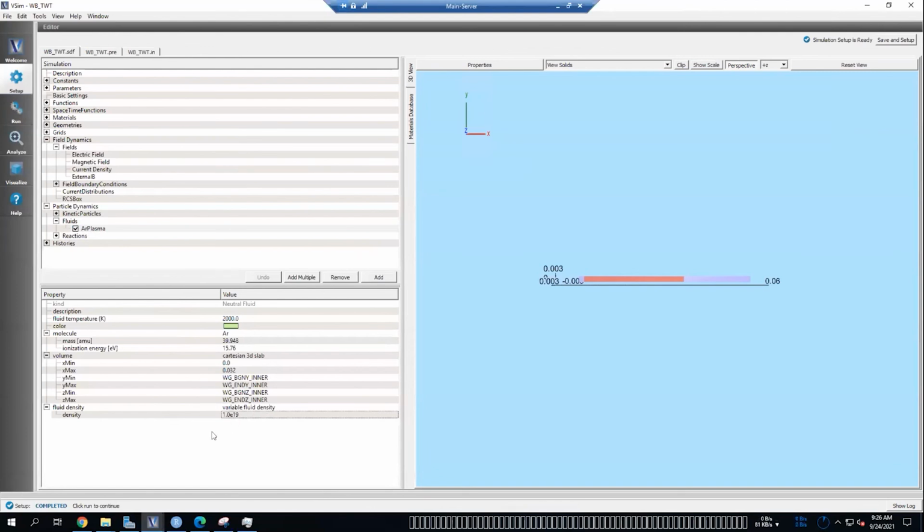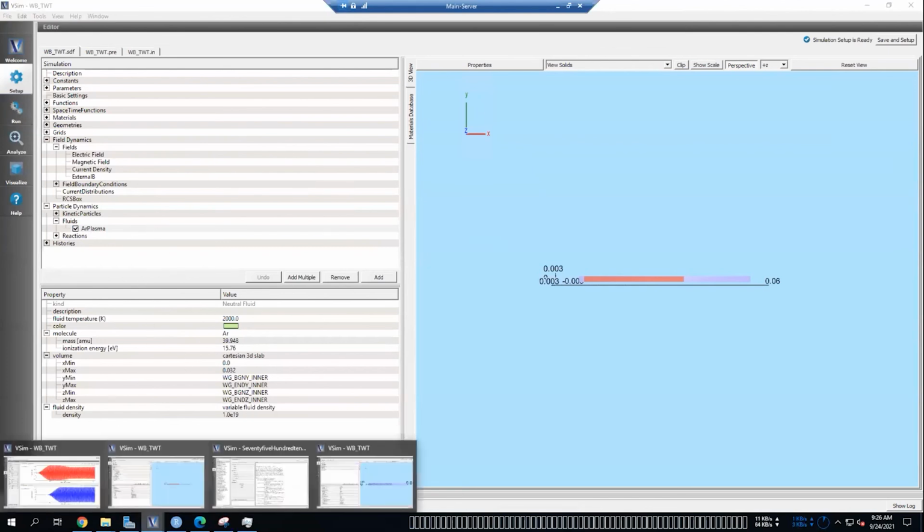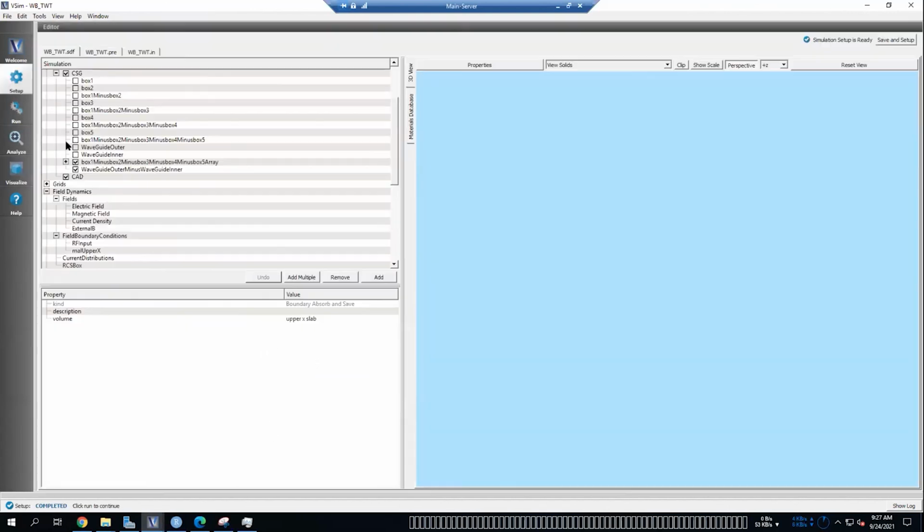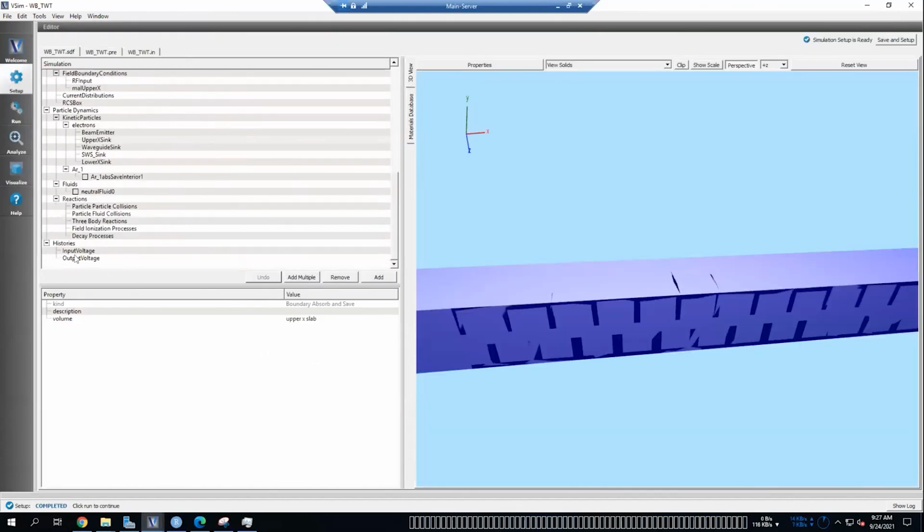How much current is transmitted compared to emission? To access that information, you'll have to set up another diagnostic. In this case, I only have input voltage versus output voltage, but if you want to access that information, you